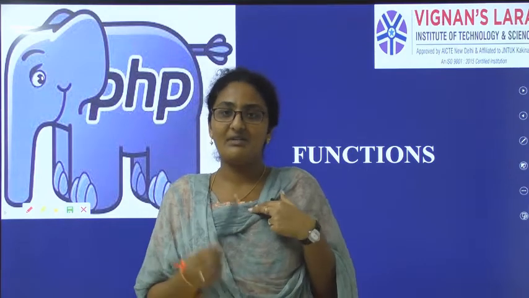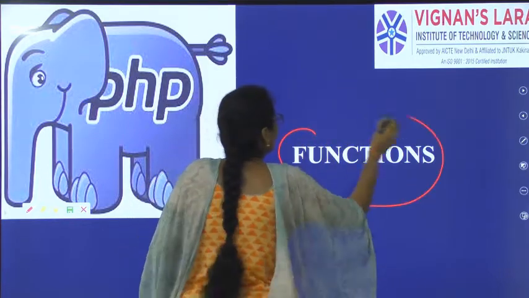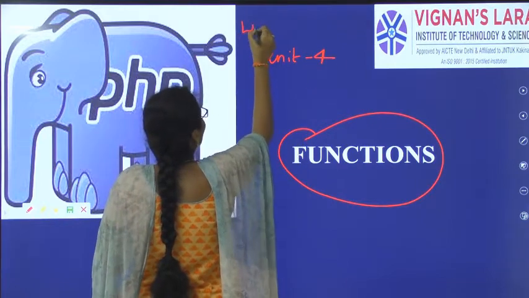We have seen what the variables, constants, data types and arrays are, and how to create PHP pages and how to run PHP on the Jam server. Then we saw the different operators, data types, arrays, and the different types of variables. Like this, what do you mean by objects? So on we have discussed. Today we will discuss what are the functions in PHP, the next topic in unit 4, web technologies.